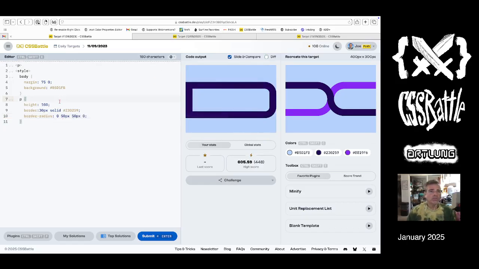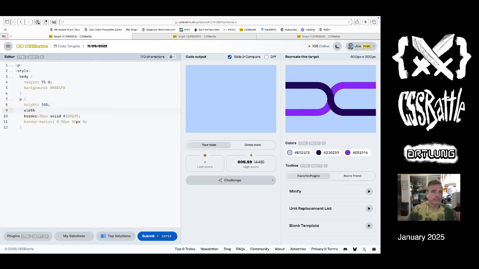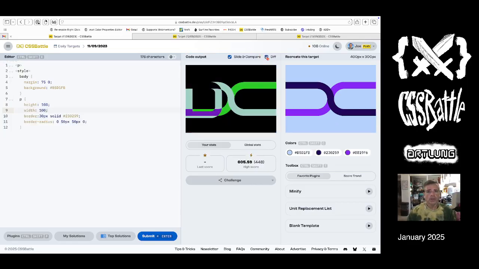Oh, and then we got to change the width here. Okay, so too tall, right? Height is like 60, 90, okay, and then we'll make it a little wider. 2, 3, 4, 5, 150. Maybe it's 160, and let's